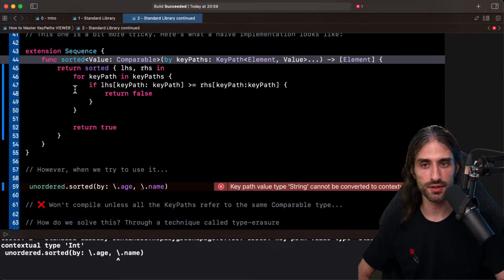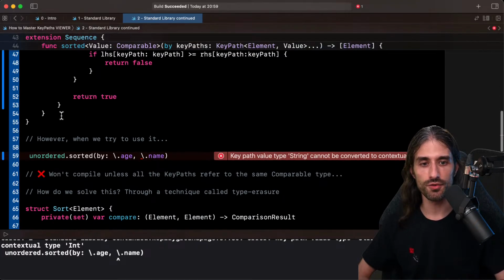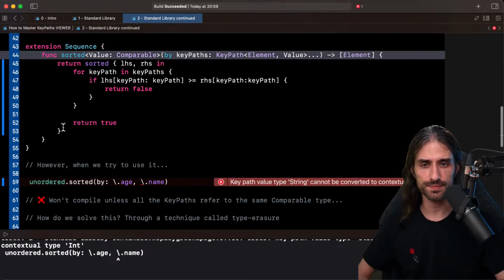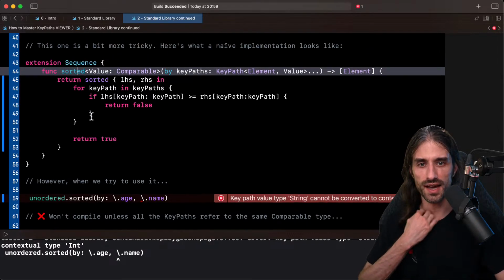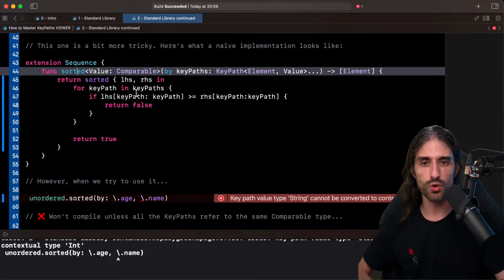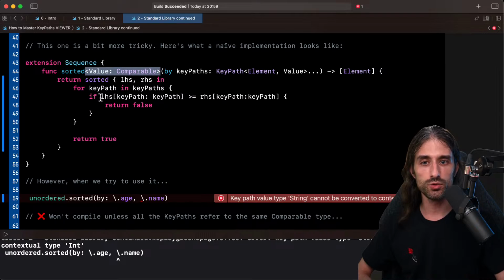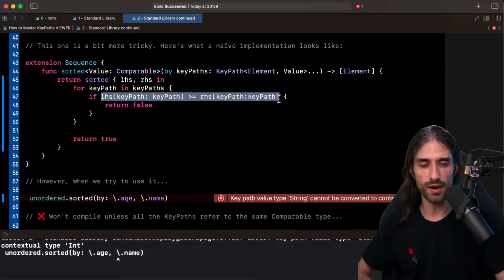However, we're going to solve this problem, and we're going to solve it through a trick called type erasure. The way this works is that we're going to rely on the fact that in order to call the key path, you need to know what the root is, but the value, you only need to know it when you make the comparison.